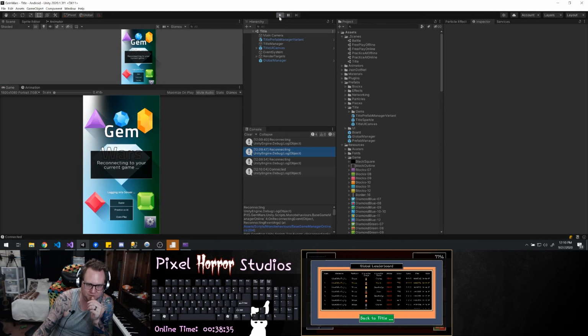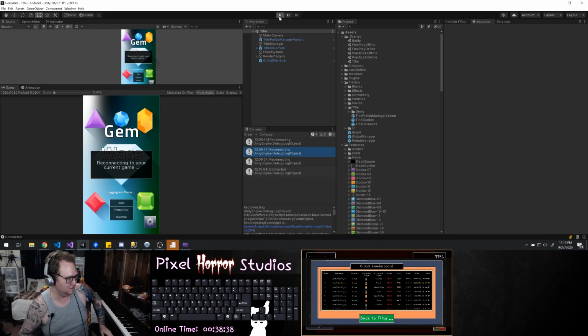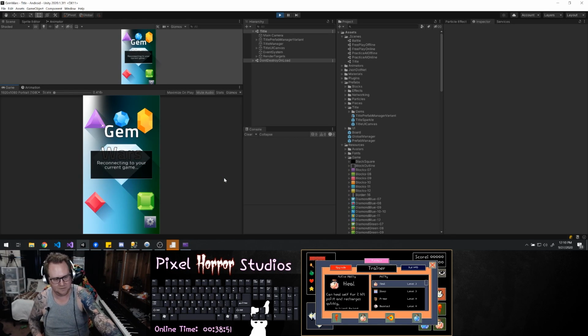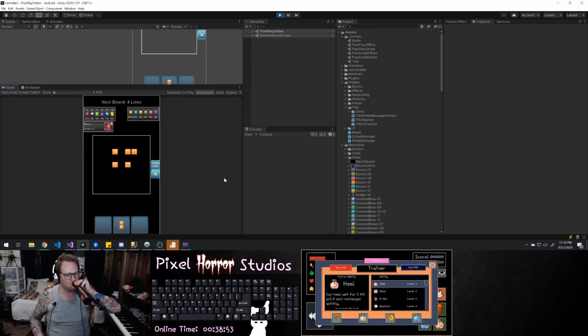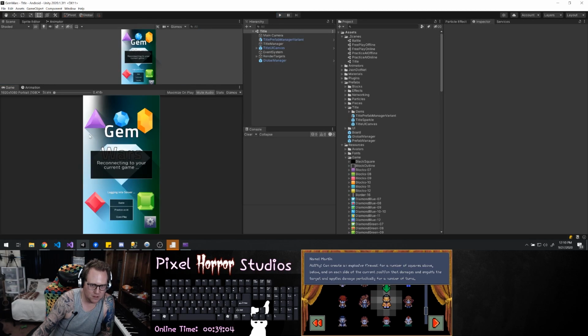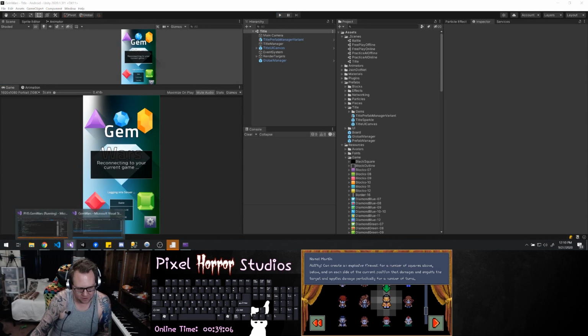If I was to close and reconnect to it, now it's reconnecting. It didn't bring in my new scores. So let's check to see what's happening on the back end first,